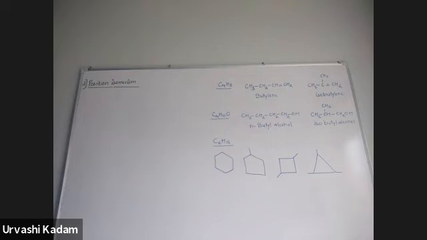So what is the difference in two position isomers? They will differ in position of functional group, or maybe a double bond or a triple bond. So position isomers are going to be different